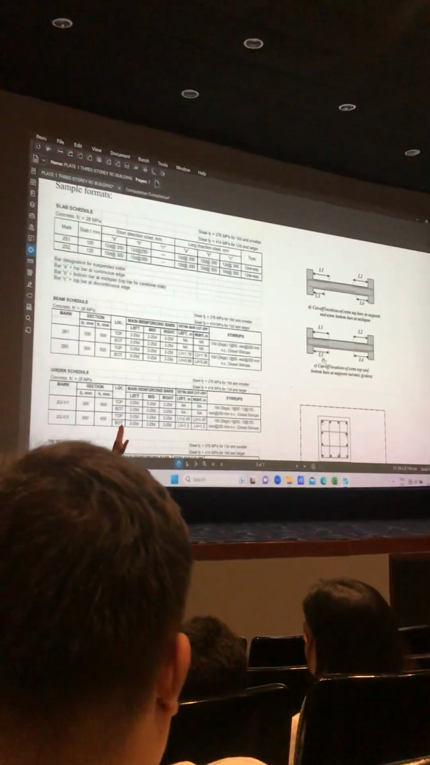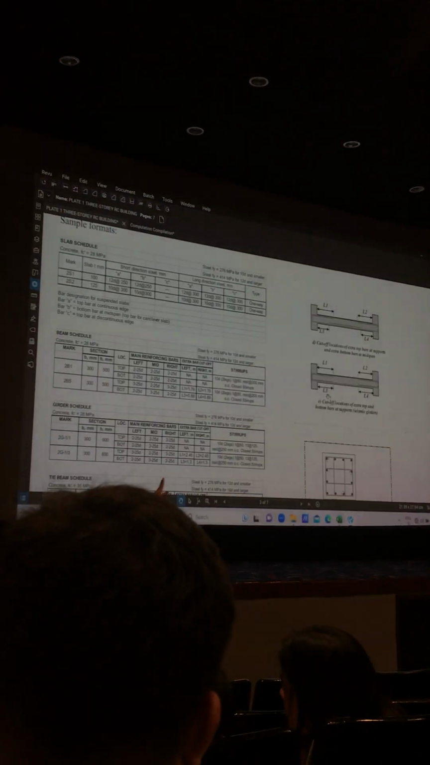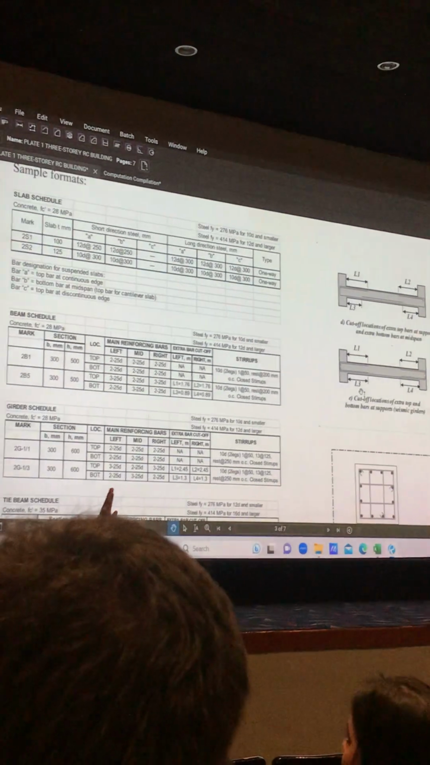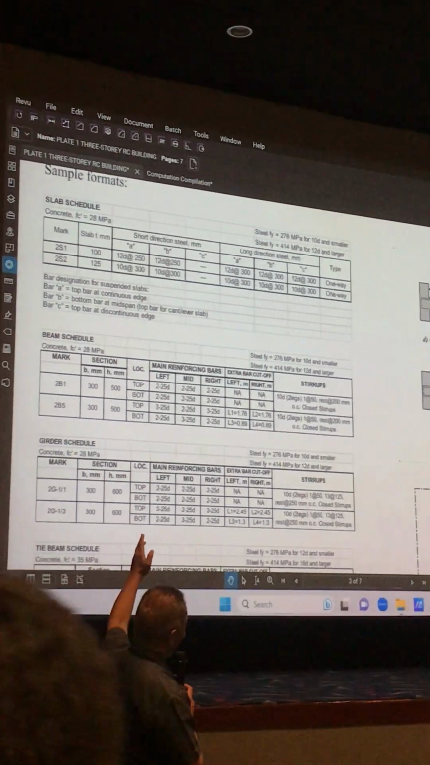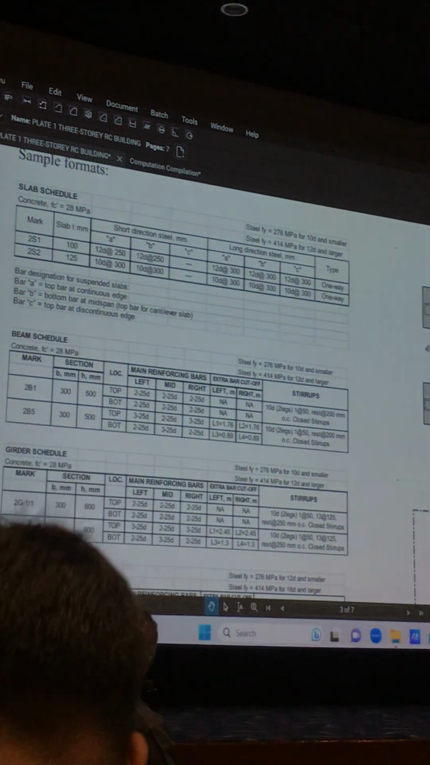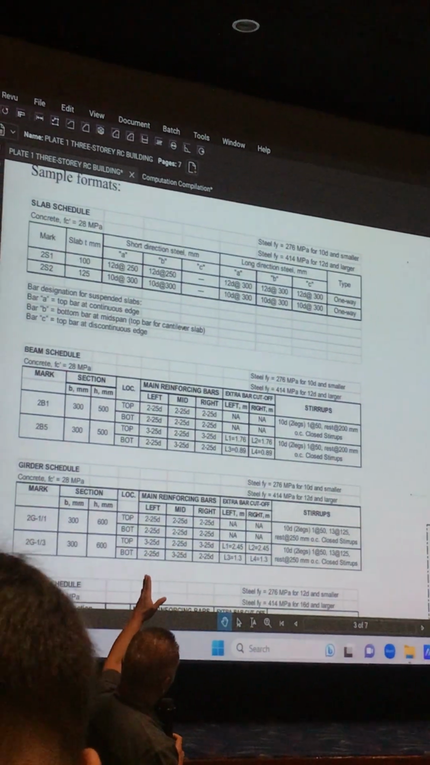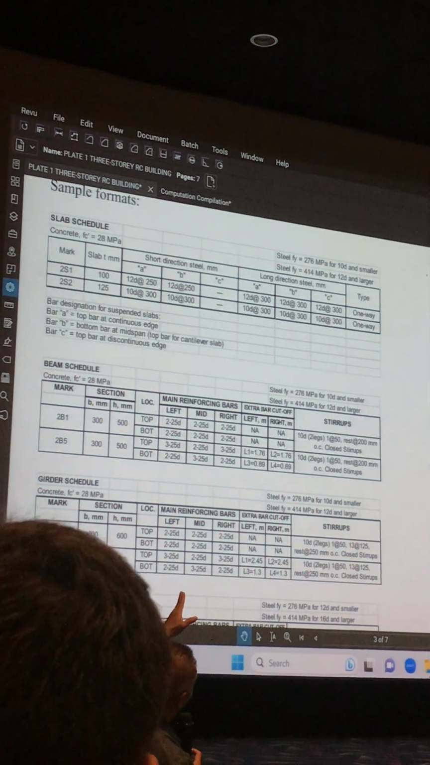Upper, you have several columns. In the first column, the designation of the slab or the name, or what we call mark. So 2S1, 2S2, up to 2S10. Okay? The next column, you have the slab thickness. The next column, you have the